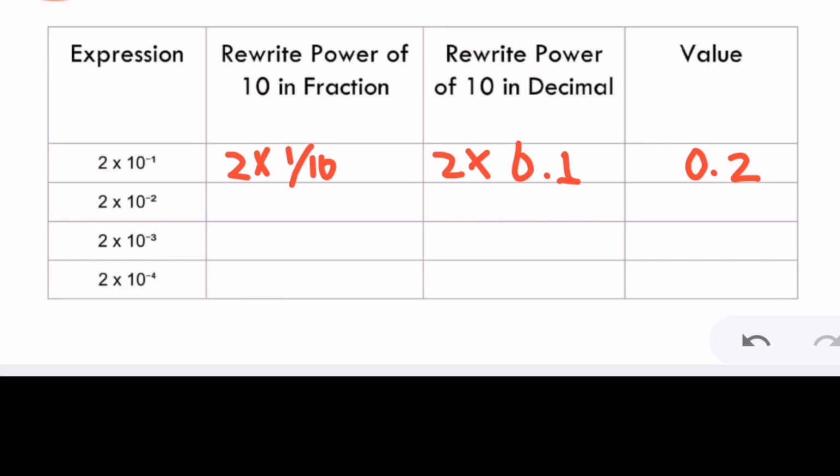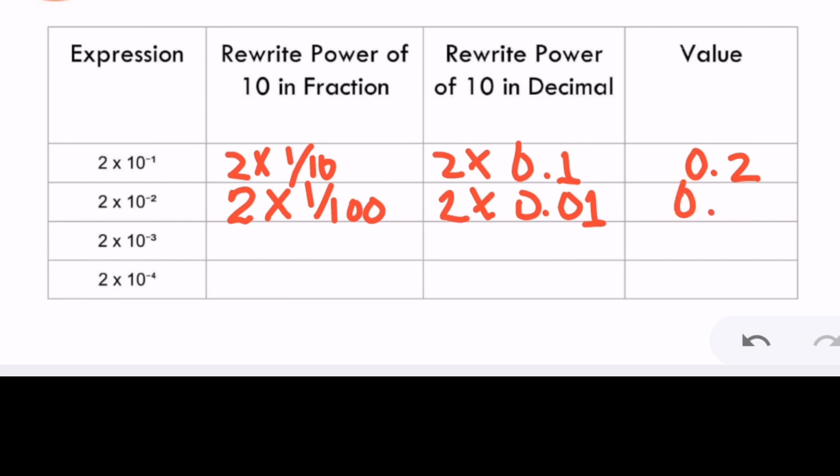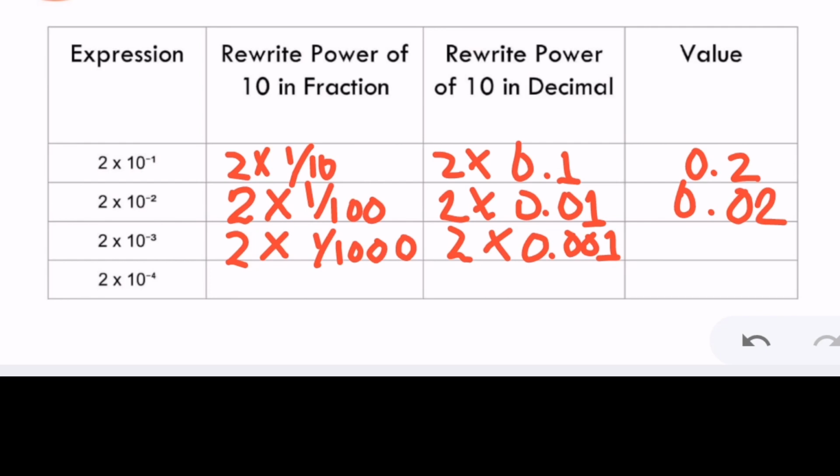For the next one, we have 2 times 10 raised to negative 2. 10 raised to negative 2 is the same as 1 over 100, and in decimal form that is 0.01. The product of 2 and 0.01 will result in 0.02. For the third one, we have 2 times 10 raised to negative 3. 10 raised to negative 3 is the same as 1 over 1,000, and in decimal form it is 0.001. Multiplying these two, 2 times 0.001 is equal to